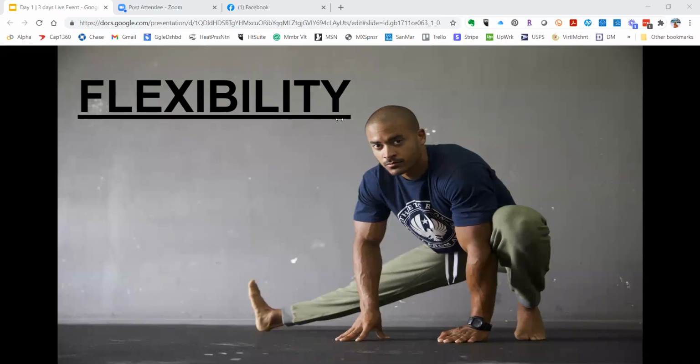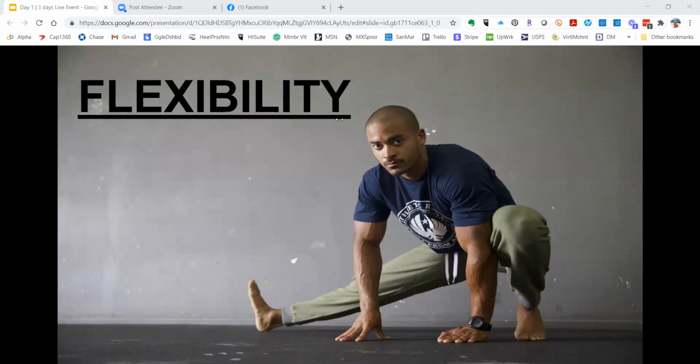One other thing, stretching is not a good warm-up. It relaxes the muscles. So I'm talking about static stretching, where you're actually holding the stretch for 20 to 30 seconds. There's something called dynamic stretching, where you're actually stretching the muscle by doing a movement. And that would be a better warm-up, getting your body prepared for movement.